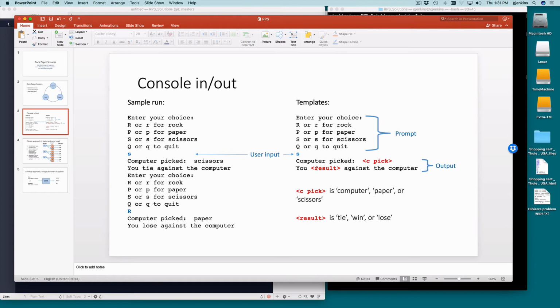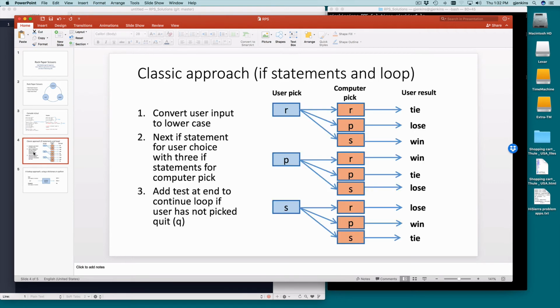So the template just shows that the result is the only thing that changes in this output. The computer pick is either rock, paper, or scissors in this template on the output, and the only other thing that changes is the result, which is either tie, win, or lose. And that's it. So a classic approach after you've learned if statements is, of course, to do this all with